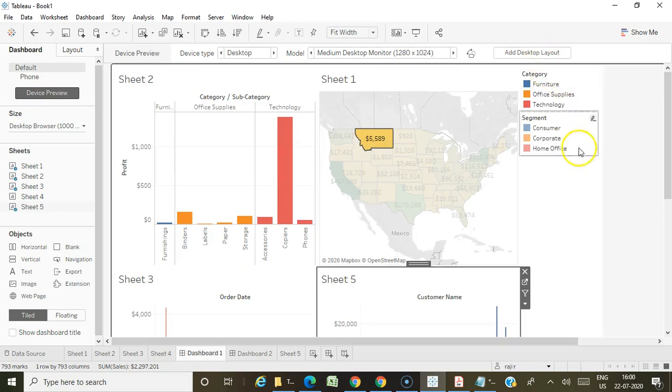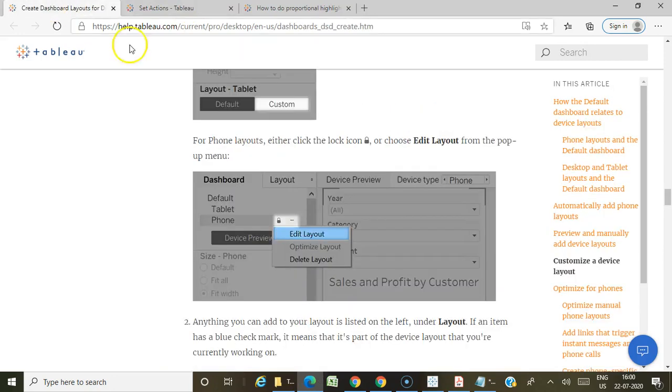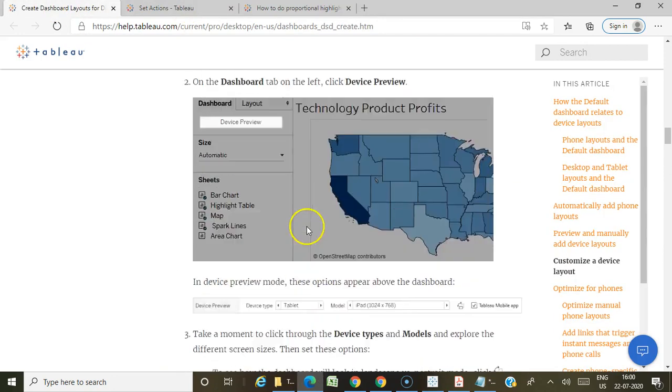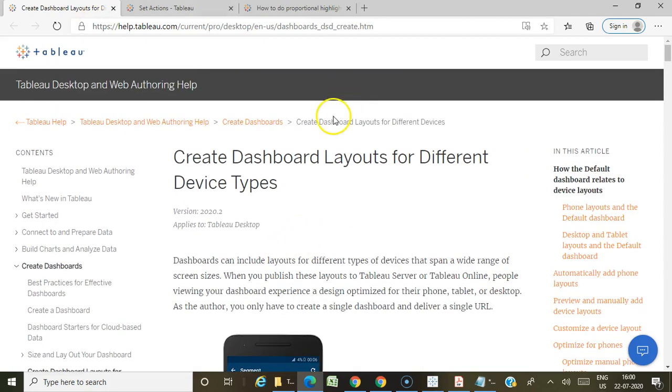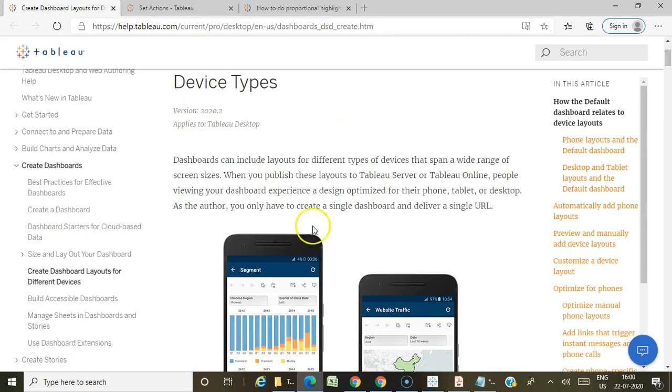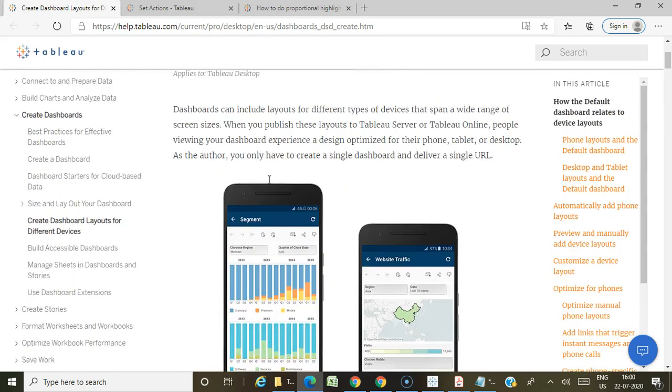Okay, so here I am going to give you a link. So here you have options. So I will be posting this in the description box. So read about this. So you have a detailed explanation like how to create dashboard layouts for different device types. Okay, so any device you can configure here.